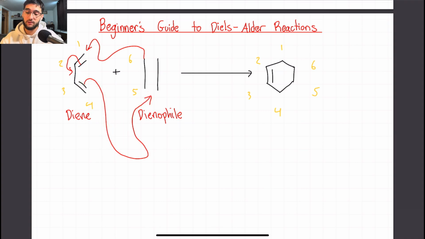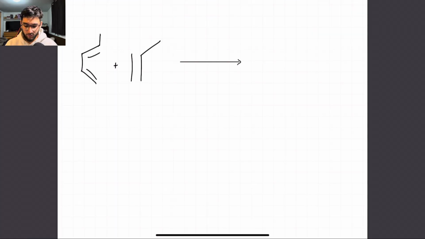So this is going to be the first reaction that we're going to go over today, and they're going to get a little bit trickier, but bear with us, and you'll be able to solve Diels-Alder reactions a lot easier. Alright, so to start with the second problem, we're going to be looking at these 2 molecules right here,